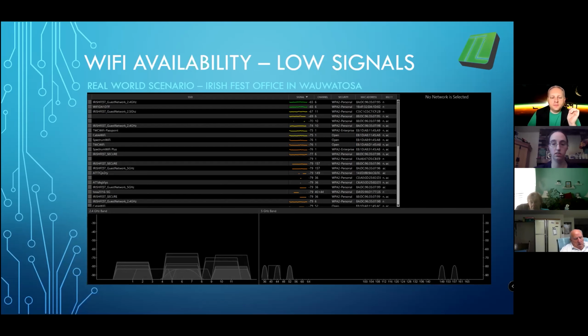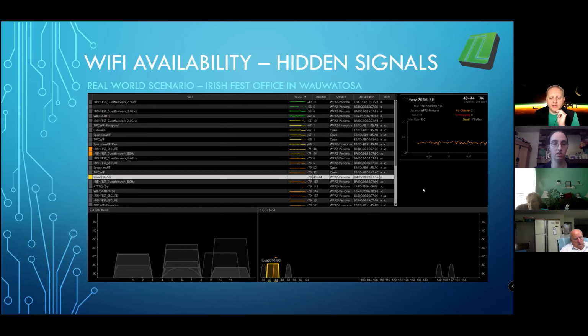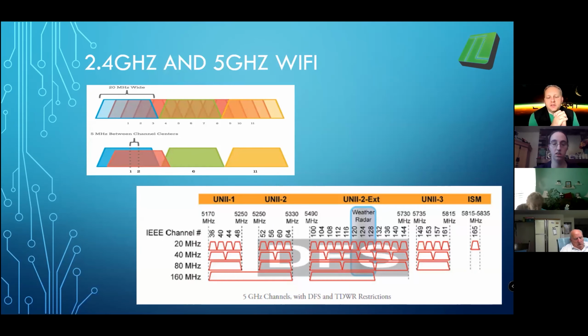So we also went through the office, and so this next screenshot is me highlighting one of those hidden signals that suddenly popped up as I walked to the other end of the building, and it ended up on top of some of the Irish Fest transmitters. So what we did is we take a look at the available spectrum, and we go through the network and we look at different devices that are communicating on wireless, and we try to clean up anything that's not necessary. We try to move things out of the way. We talk to the neighbors if we can, and we ask them